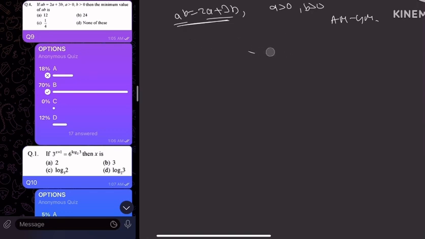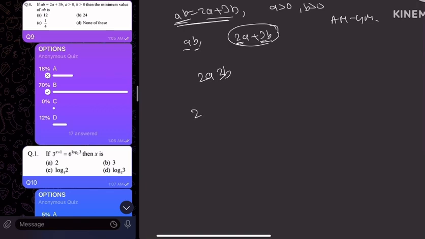So what we can do is, since the product is AB, treat this as a separate AM-GM question. You can do it like this. Only the thing is, the value of 2A plus 3B is AB. That is the thing which you have to use later on. So take the terms as you do in an AM-GM question. The terms are AB. Coefficient is 2, so 2A. Coefficient is 3, so 3B. So just apply AM-GM.